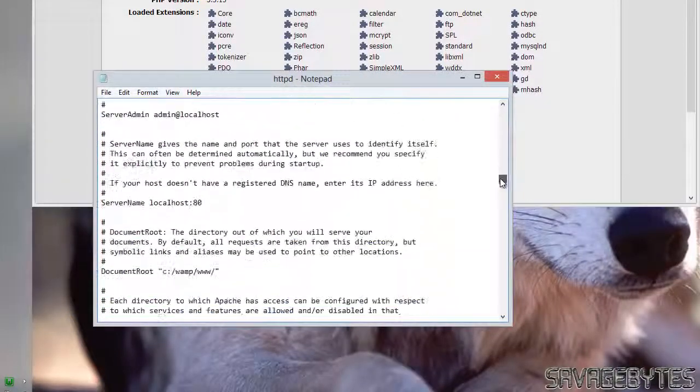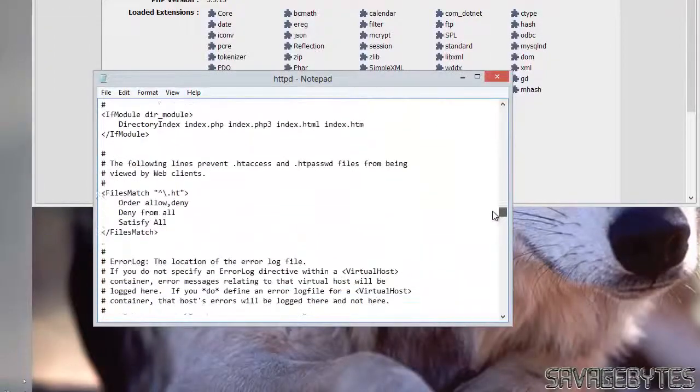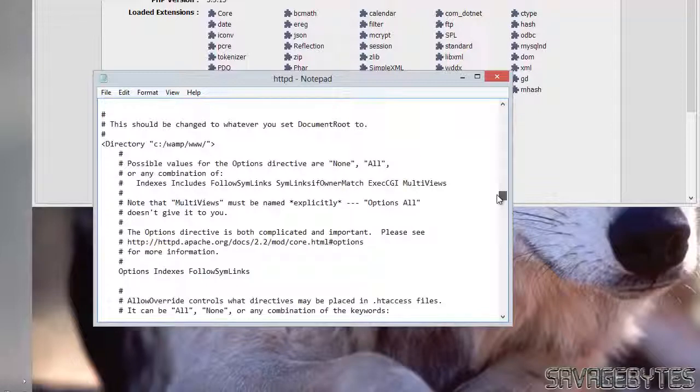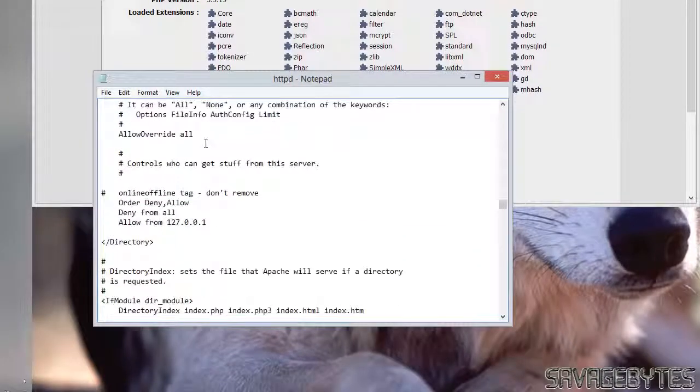Yeah, so if we just scroll down, find the appropriate line. Yeah, C WAMP www. And as we can see, it's set to allow from 127, which is why that was working. But what we want to do really is allow from all. So if we change that,